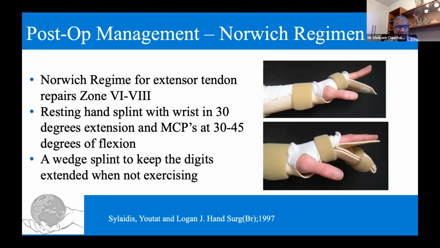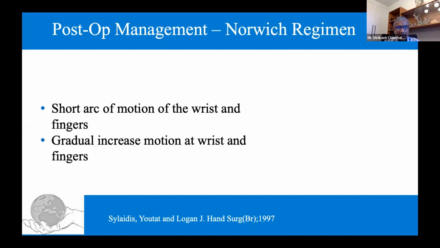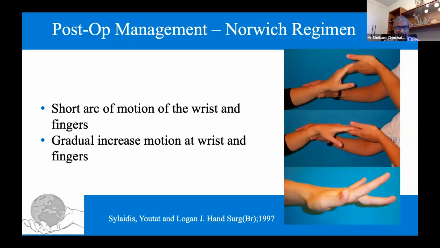Patients were fitted with the wedge splint to keep the fingers extended when not exercising. And their program consisted of short arc of motion of the wrist and fingers and gradual increase of motion at the level of the wrist and fingers. So this is another alternative method. However, my experience is I would rather spend time fabricating a splint and allowing the person to have a controlled motion of the wrist and controlled motion of the fingers for a certain length of time,